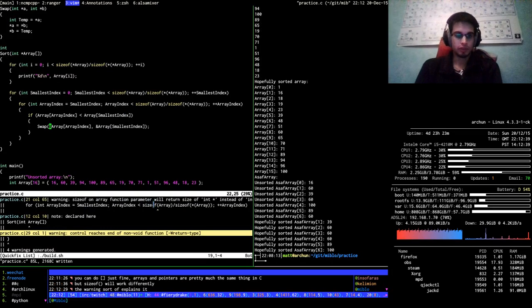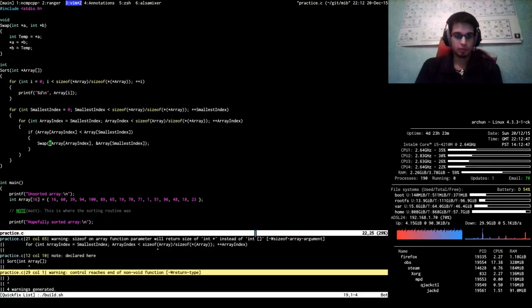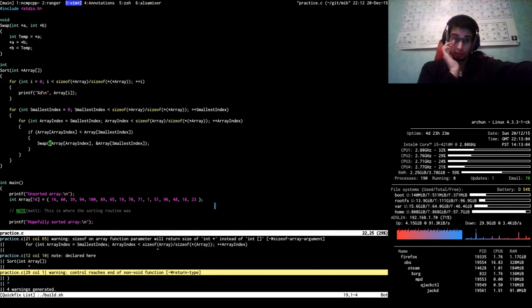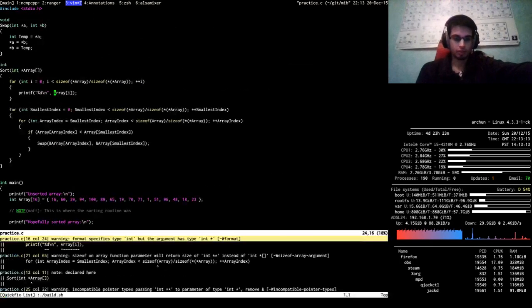Size of on array function pointer will return size of int star instead of int array. So you need to multiply the size of that by the number of elements, do you? No, that's not right. That can't be right, can it?